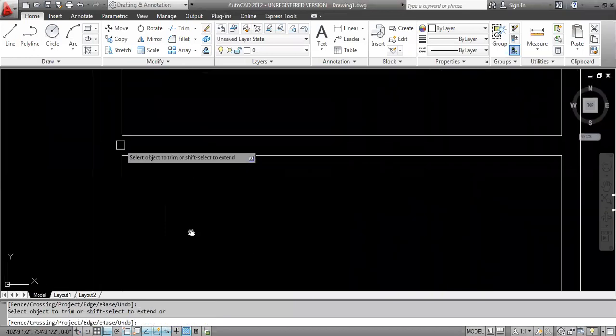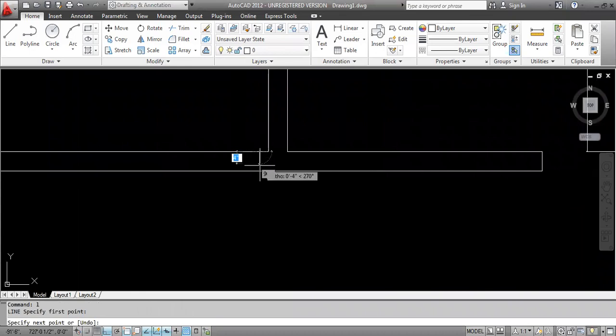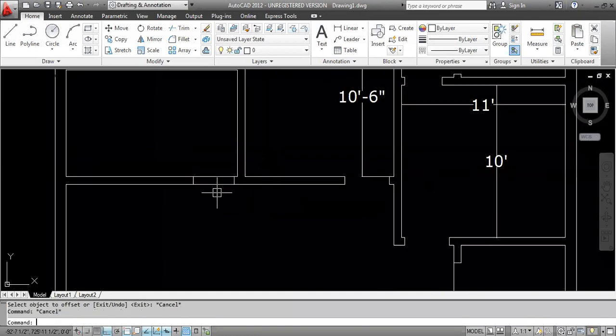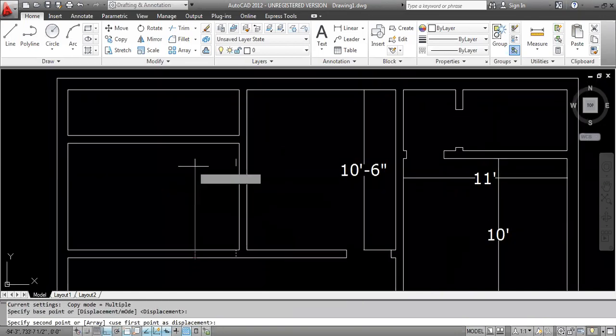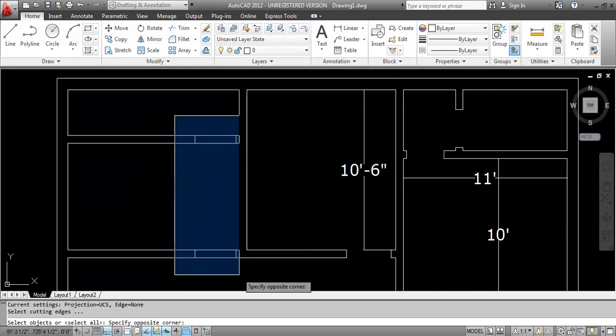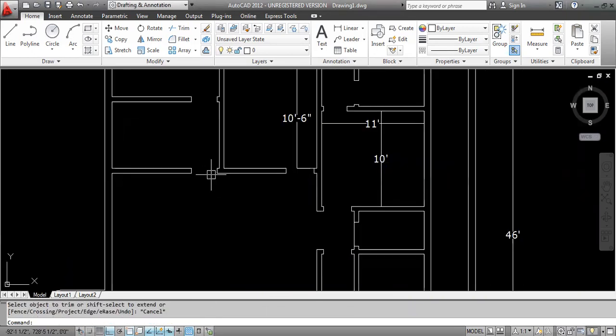Here also the same thing. You have to give the door size, that is offset 2 feet 6 inches. Or else you can take 2 feet 9 inches. Same door you have to copy over here also.